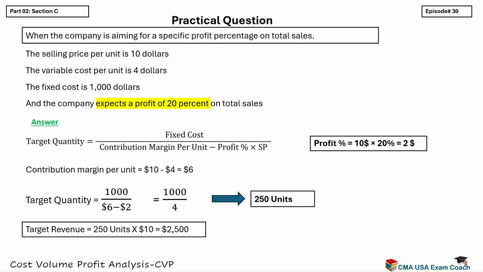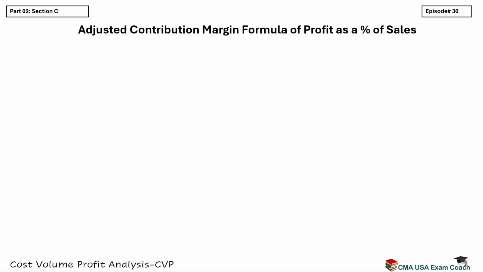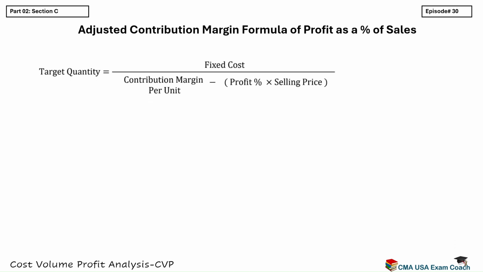a fixed dollar amount. Now let's look at the adjusted contribution margin formula, which is used when the desired profit is given as a percentage of sales revenue, not as a fixed dollar amount. In this case, both the target quantity and target revenue need to be calculated differently because the desired profit is linked to total sales, not fixed separately. Let's begin with the formula to calculate target quantity. The formula is target quantity equals fixed cost divided by contribution margin per unit minus profit percentage multiplied by